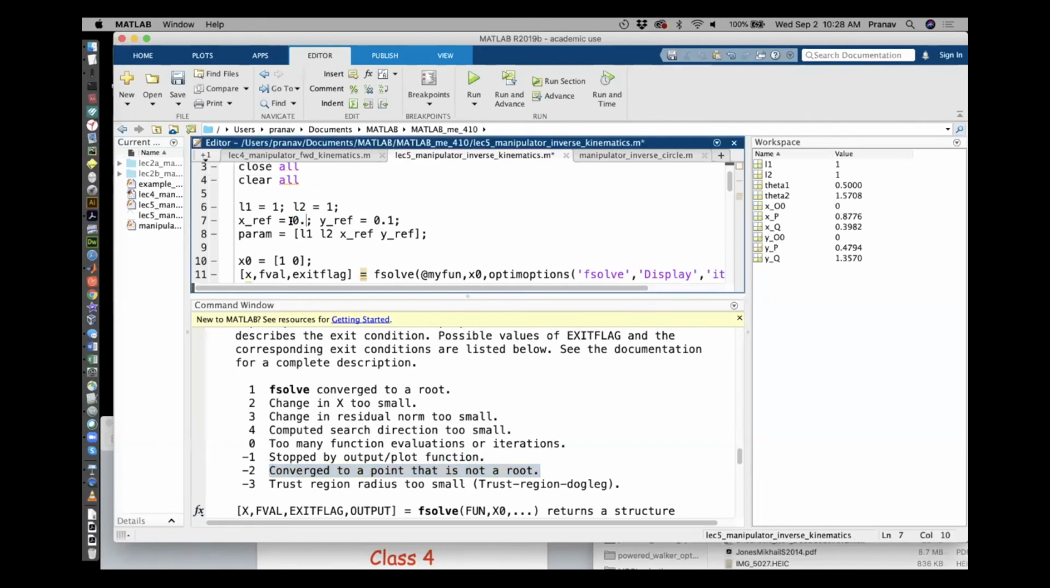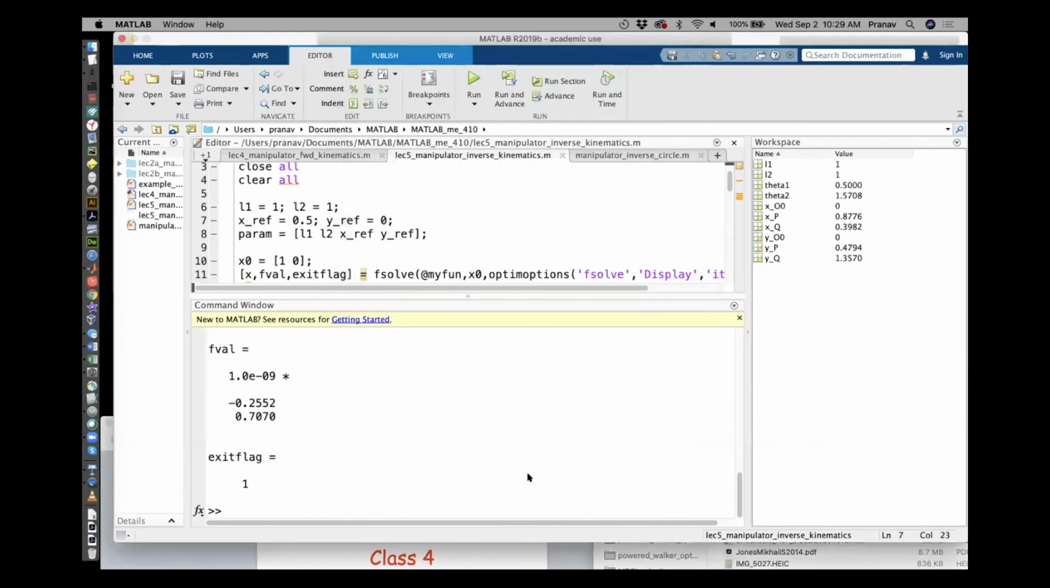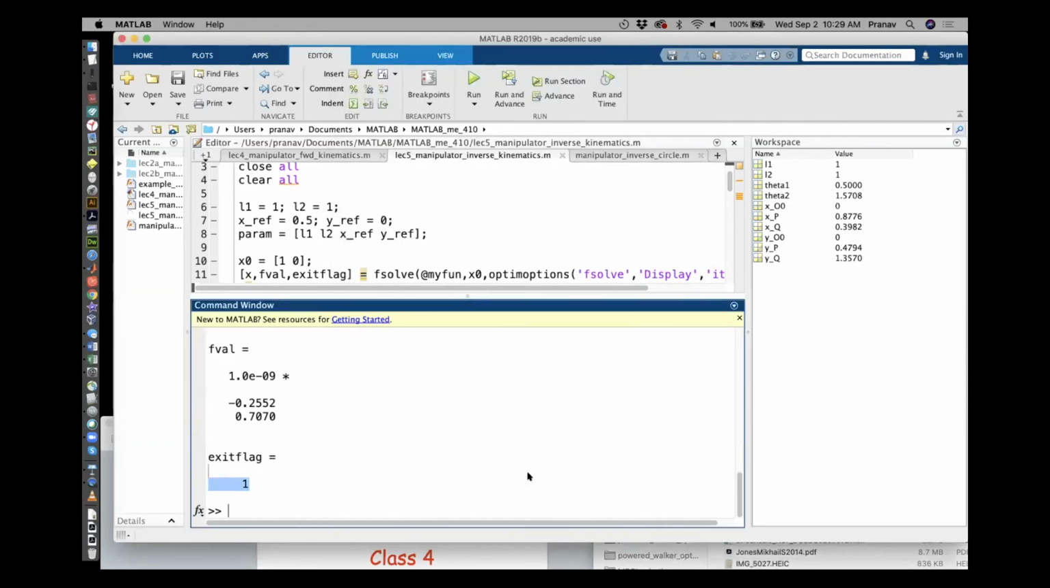Let's go back to 0.5 and 0 and see if it actually converged or not. Okay, you can see that the solution is here. Fval is about e raised to -9, so that's very well close to 0. And then the exit flag is 1, which means it's converged. Okay, so always check for the exit flag. Okay, any other questions? Okay, no questions. So next thing we'll be doing is